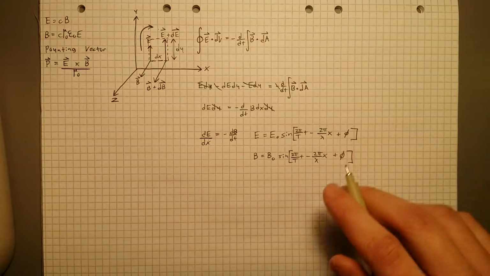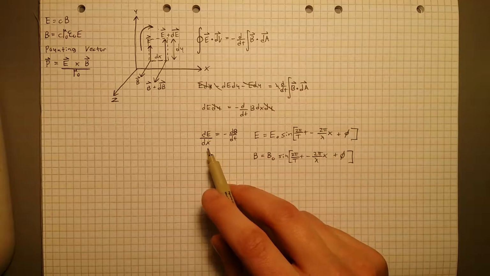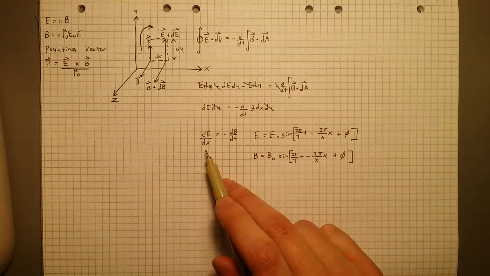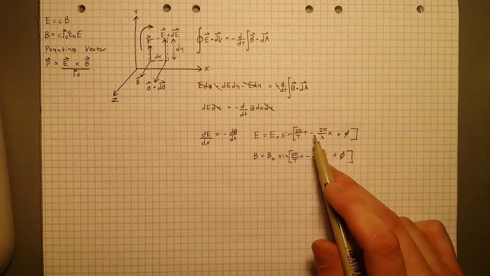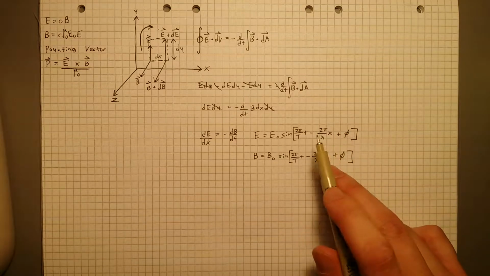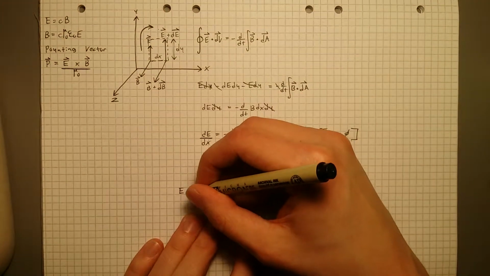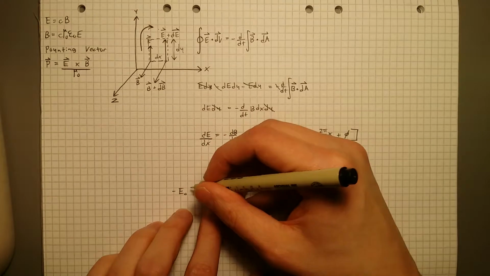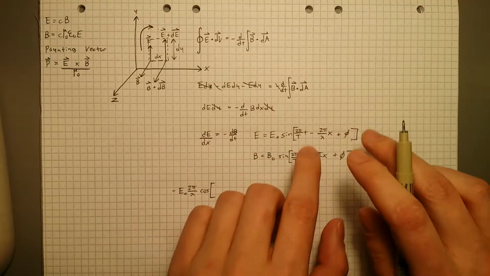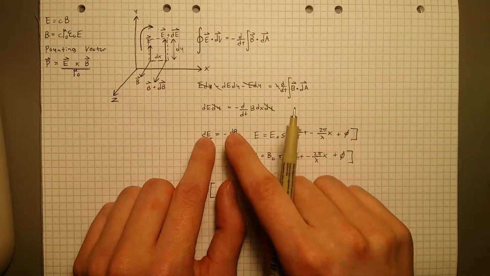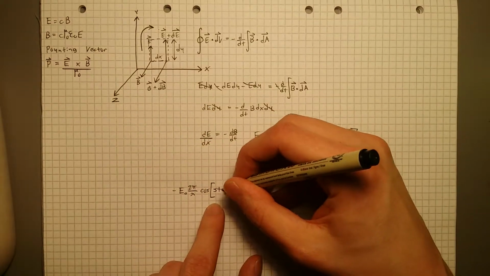Right. Now, as you can see, these are derivatives with respect to x and t. The derivative of E with respect to x is E naught times the cosine of all of this times the x element's factor, which is negative 2 pi over lambda. So we're going to write that out: E naught, negative 2 pi over lambda times the cosine of, and the insides don't actually matter anymore because, as you can see, both the derivatives will have the cosine of this, so it will cancel out. We're going to write cosine of stuff